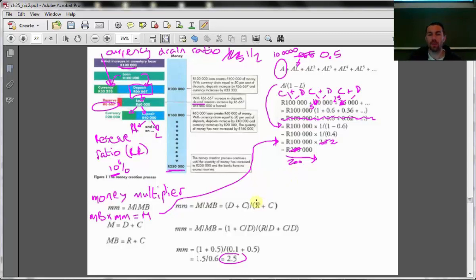In this example, we've been given R, and we've been given D, because we've been given excess reserves. So excess reserves would become deposits. We haven't been given C, and what we're going to just assume, because we haven't been given C, is that it's 0. We normally just assume that the currency drain ratio is 0, unless you're given one. So if C is 0, then what we end up with is a money multiplier equation, which is D over